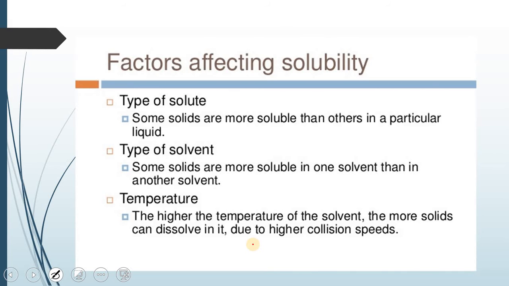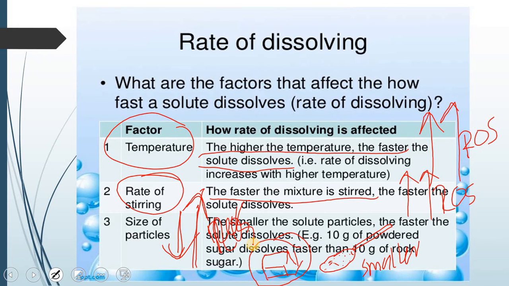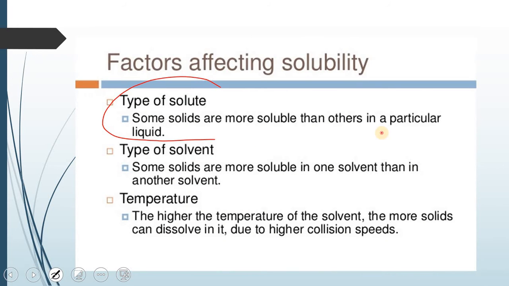Okay, here we also have another slide. When you look at here, it says type of solute. So some solids are more soluble than others in a particular liquid. So type of solute also is important. For example, remember when we learn about water, the basics about water, H2O, it is a universal solvent. So this means it can dissolve a lot of solute in it. But when you use different type of solute for different type of solvent,